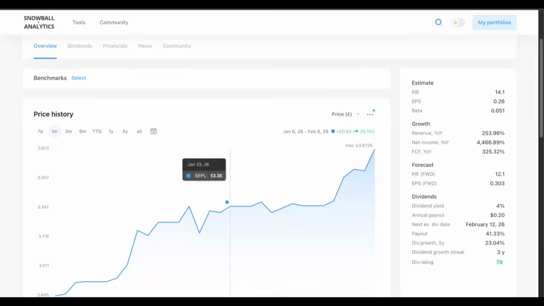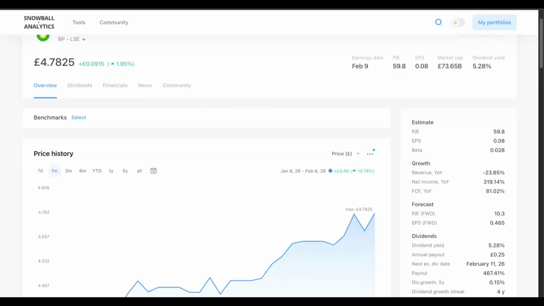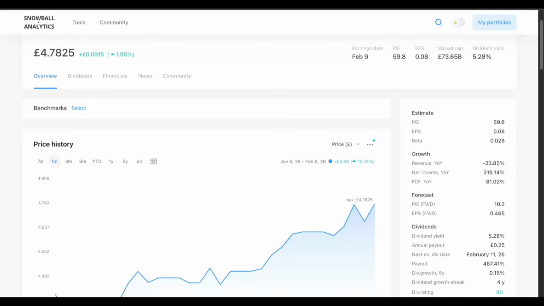Interestingly, obviously I made that video around about a month ago, and in that time frame we can see that Seplat is actually up a massive 29.1%, so if I did have to buy this one, I would have been pretty gutted that I wasn't able to pull the trigger back when I was thinking of buying it, rather than having to wait till now. Having said that, BP is actually up over 10% themselves over this past month, which is still quite annoying, but this is definitely the stock that I think is going to be the best choice over the long term,